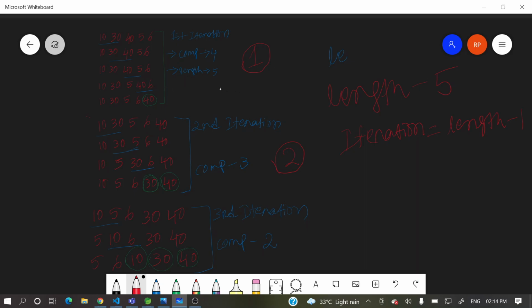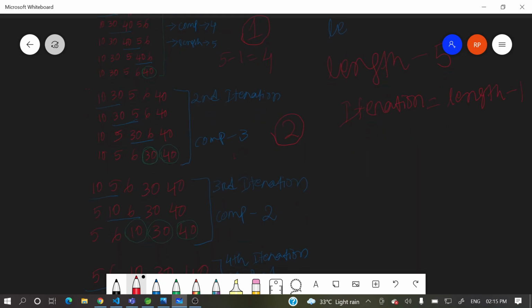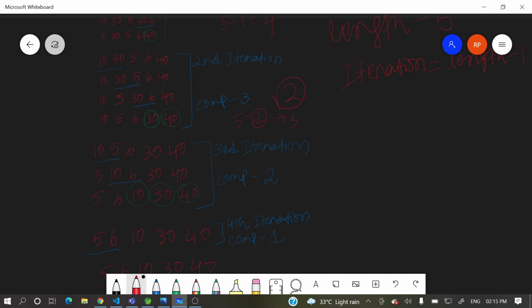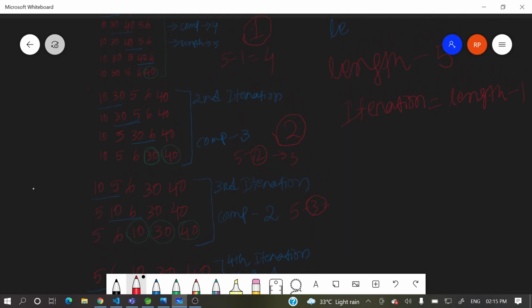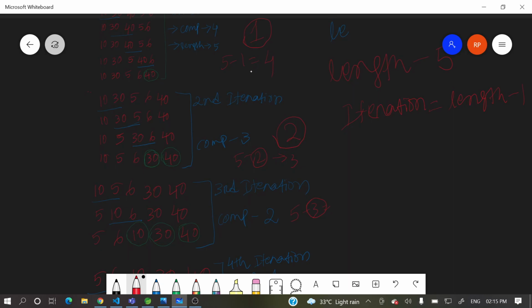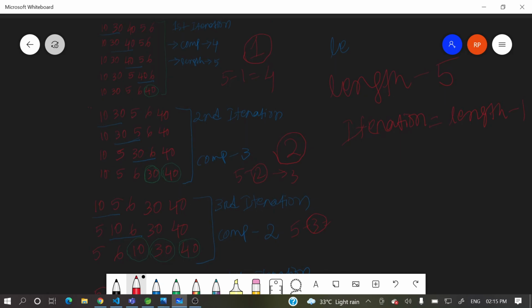So if you see length minus 1 comparison, length is 5, 5 minus 1 equal to 4, right? Length is 5, 5 minus 2 equal to 3, right? 3 comparisons. 5 minus 3 equal to 2 comparisons, right? So if you see here, length minus 1, 2 and 3, these are two things we have observed, right? Okay, now let's